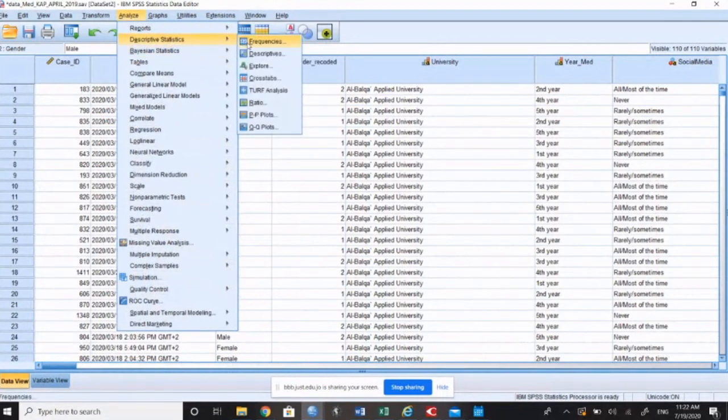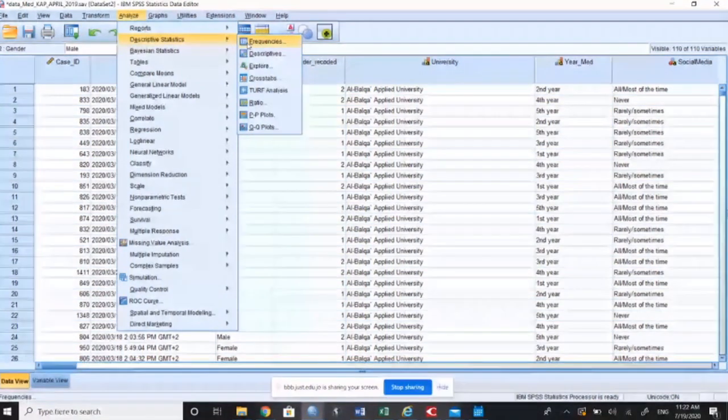Now the menu may change between what I have because I have, I think, version 23 or 24 and you have 26, but it's going to be almost the same basic characteristics of SPSS. If you go to analyze and then descriptive and then frequencies,